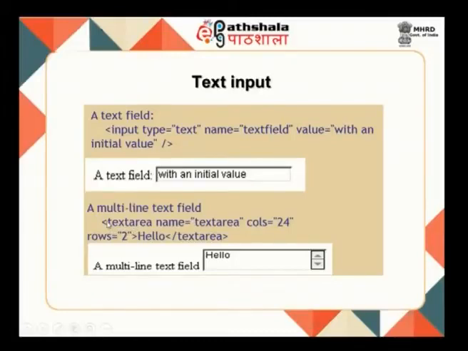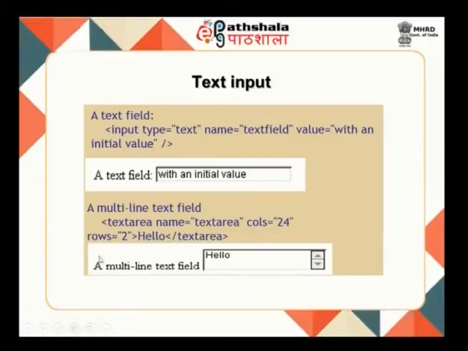Now notice that here we do not use an input tag, instead we use textarea. Textarea elements are not created using input tags. So, use the tag name textarea, give the name for the textarea, where the user can define any name, and then you can specify the size of your textarea using attributes like columns and rows. As I told you, some of the attributes are specific to certain form elements.